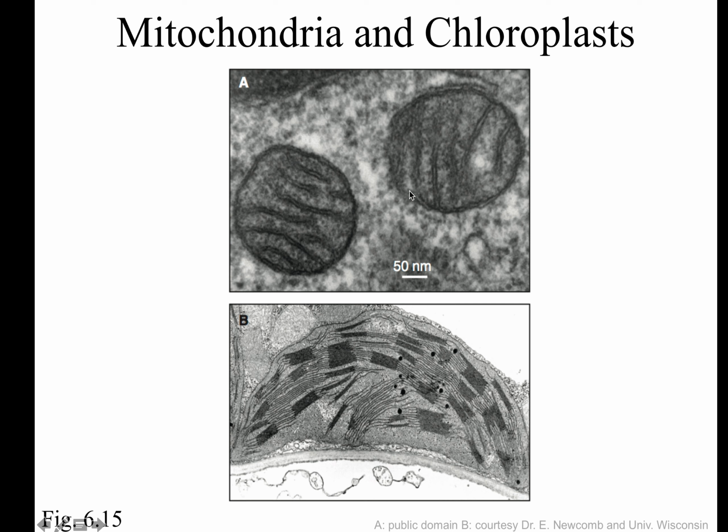You're seeing a slice through a cell, and this thing is actually much more dynamic in real life and changes shape all the time. If you think about the blobs in a lava lamp, mitochondria are always changing shape. But if you freeze a cell at one moment in time and then slice through a blob in a lava lamp, you might get a profile that looks like this or looks like that. Okay, so with that